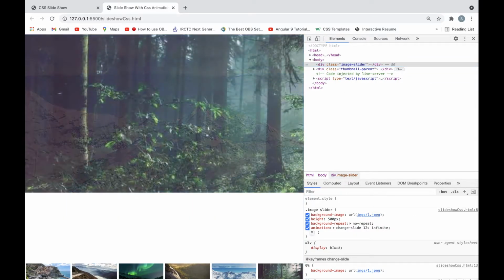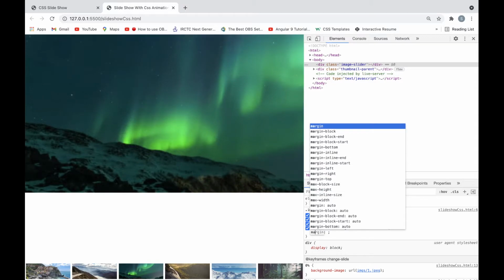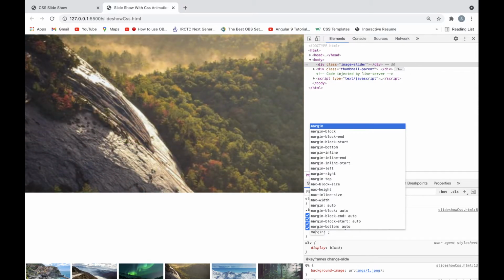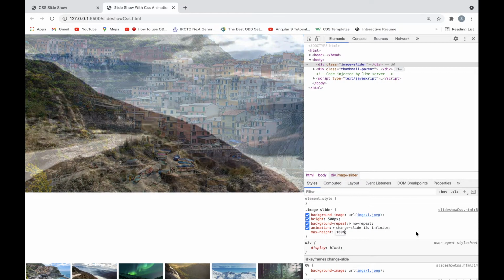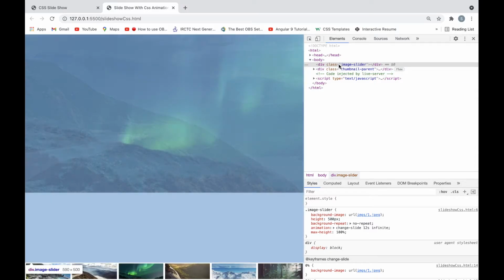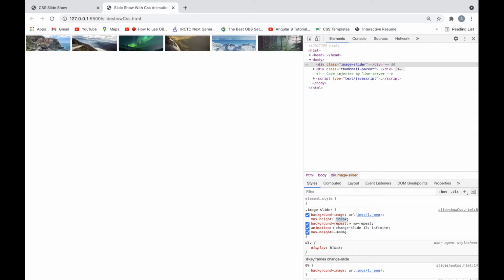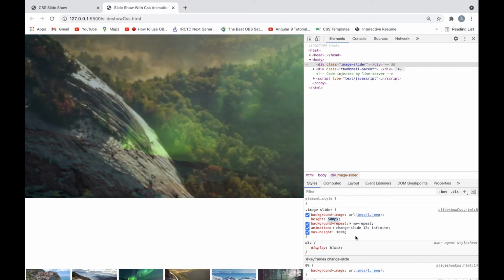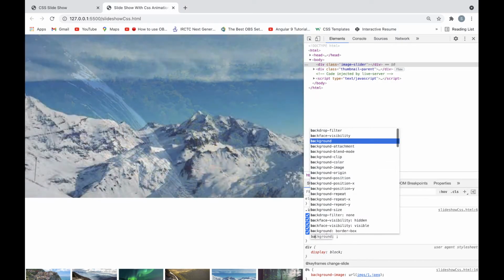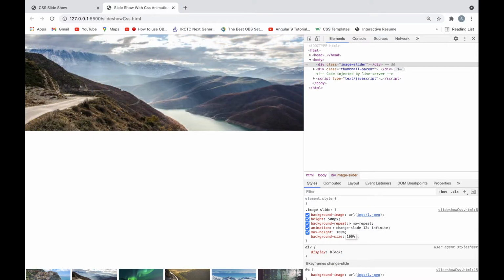So let's give max width, max height, and let's use background size 100%.